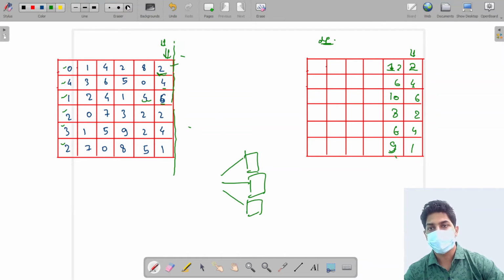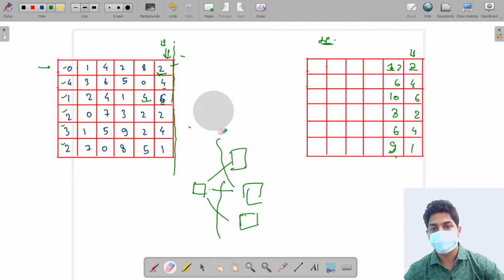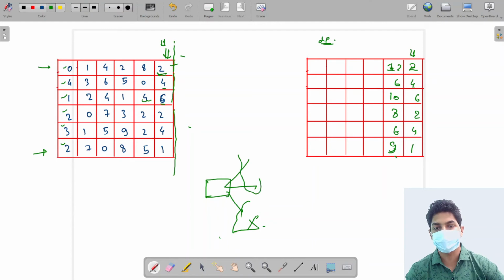Okay, apart from this, if we are in the first column, then we are not allowed to take gold from the upward direction, since the upward direction does not exist, so we are allowed to take answers only from the horizontal direction or the downward direction. Similarly, one more case: if we are in the last row, then we are not allowed to move in the downward direction, we can move only in horizontal and upward, since the downward direction does not exist. So we will consider only these two cases.